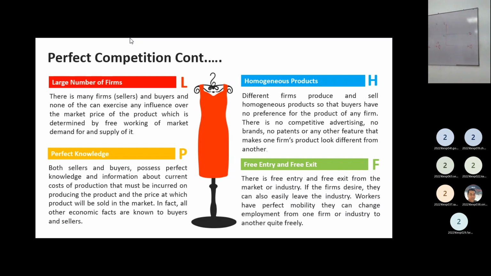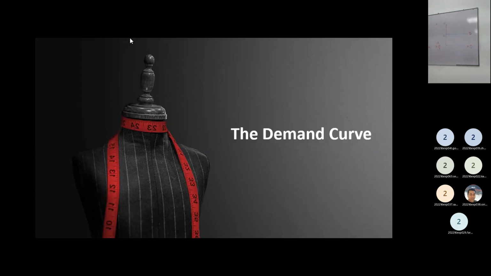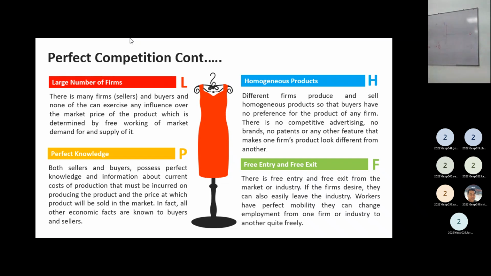Let us move on. Now we got to know about their demand curve as well. So let us discuss their demand curve, and I will give you an interval sharp at